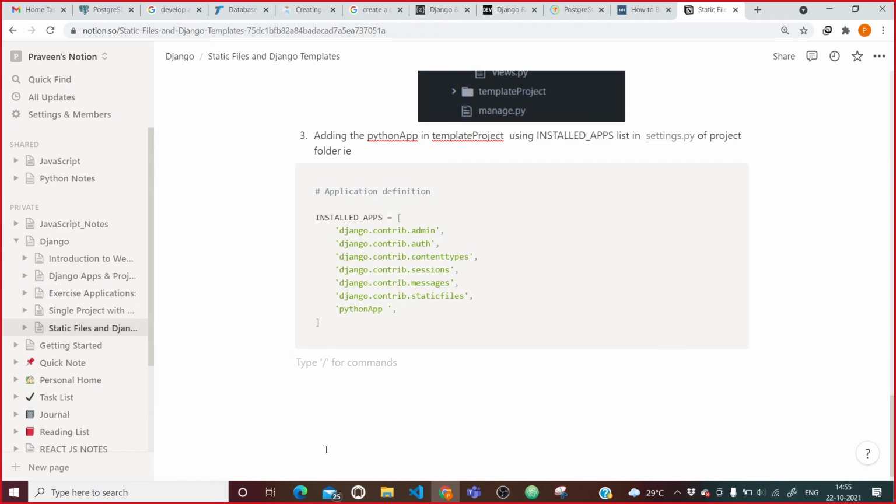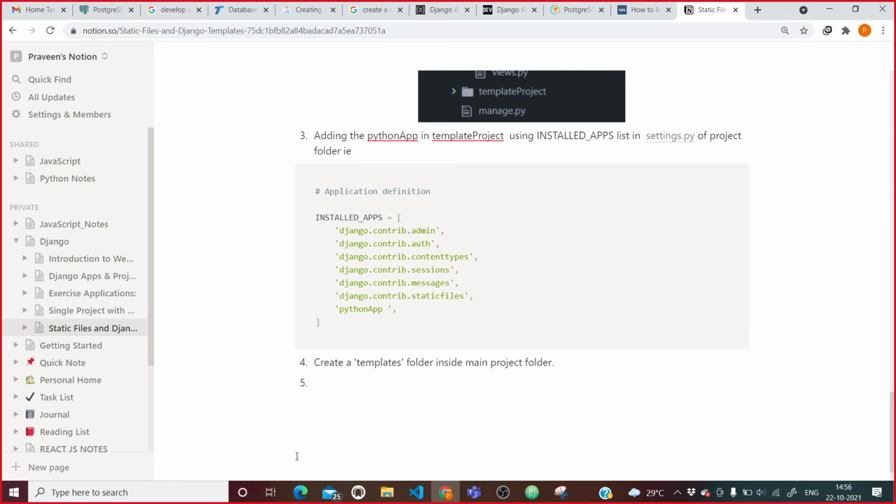Now after this what we need to do? Create a templates folder inside the main project folder. So we will create a templates folder inside the main project folder.